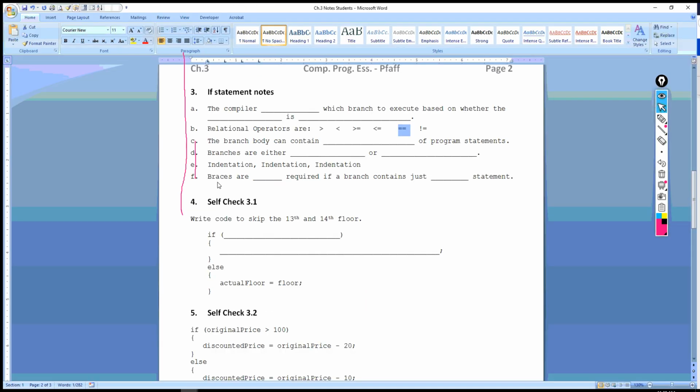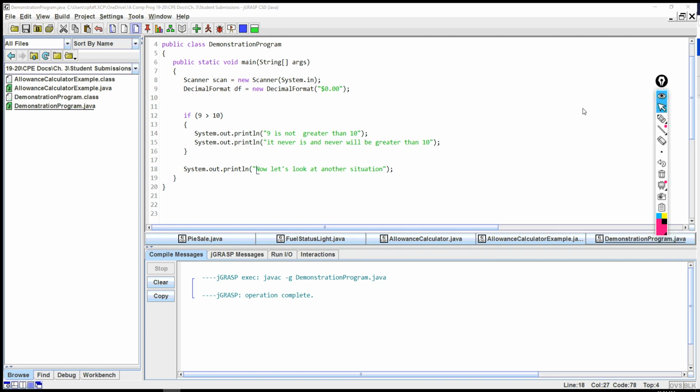The next thing is that braces are not required if a branch contains just one statement. So braces are not required if a branch contains just one statement. We're going to look at this situation on braces in JGrasp. In this particular program, the condition is: is 9 greater than 10? Obviously 9 is not greater than 10. It never is and never will be. And so we want both of these statements to be executed, and so we put